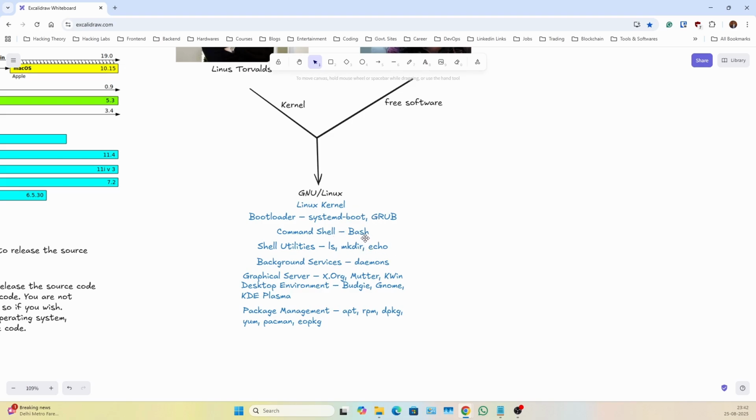I'm not getting into the details of those. And the difference between those shells that I named, like bash, zsh, fish, we'll make another video for that. And then we have background services also. Normally if you install a database service or something, you have to run it in the background, right? So those are called daemons. These services we install as background services, and then we run them inside the server, right? So those are some examples of background services.